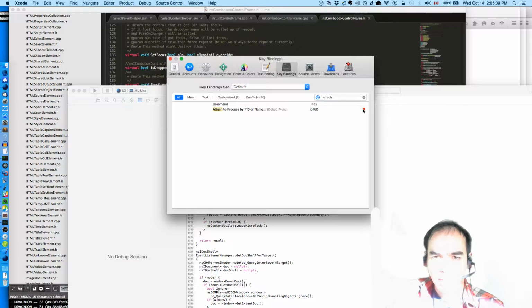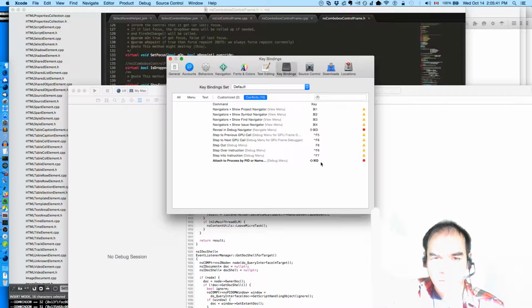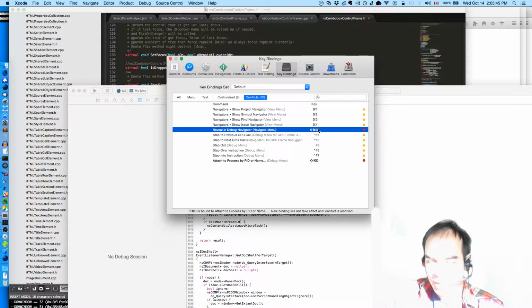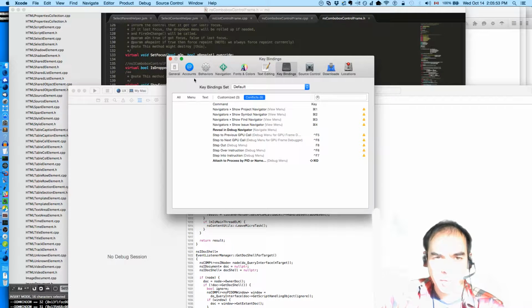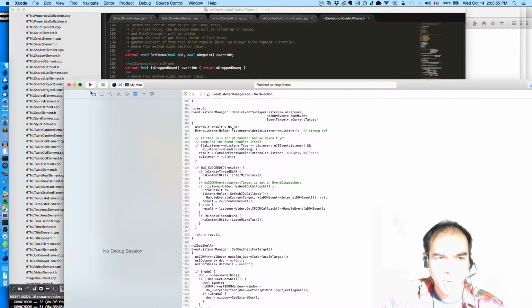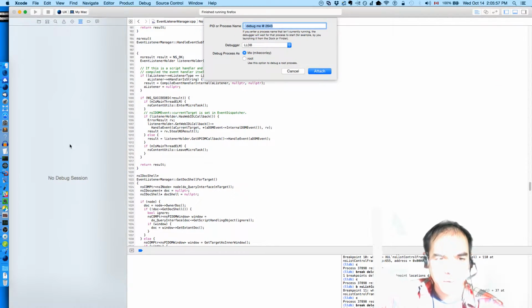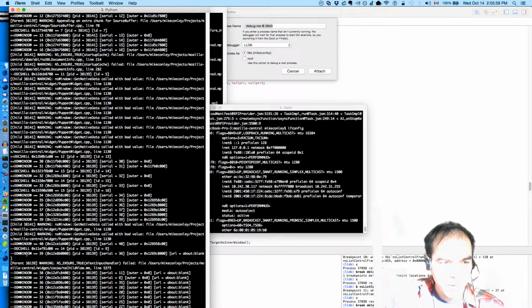That's apparently in conflict with something here, which I will get rid of. Just get rid of it. There we go. So now I have my keyboard shortcut. I will attach to the parent.